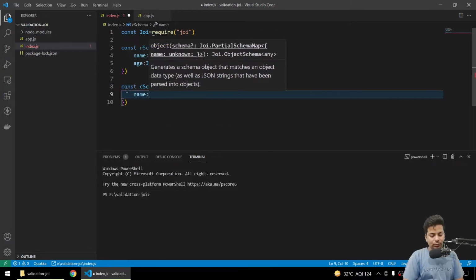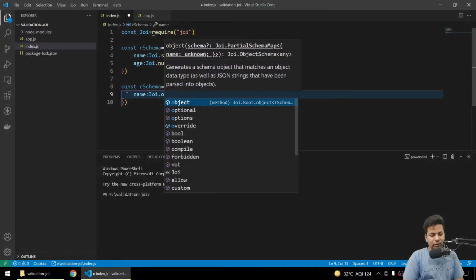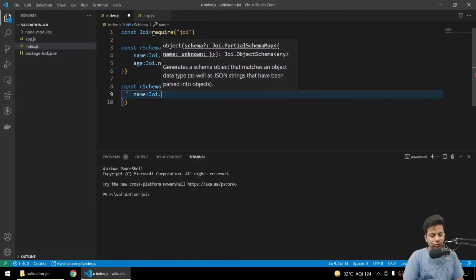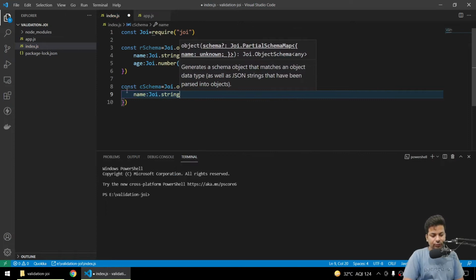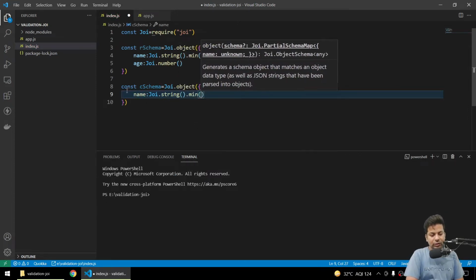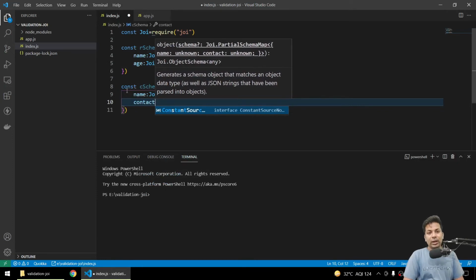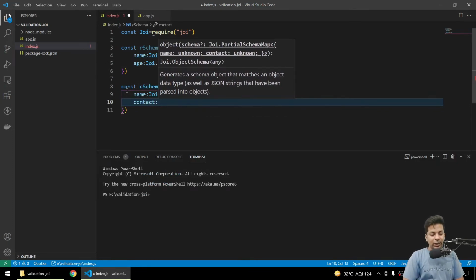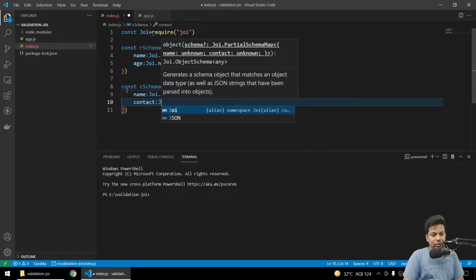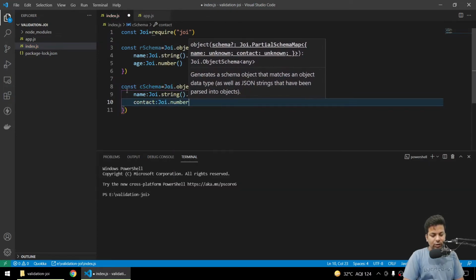You say name Joi.string.min(6). Now we'll say contact, because I want to contact you, so give me your contact number. So I'll say Joi.number, it should be minimum 10.